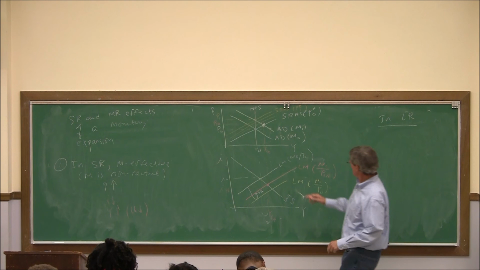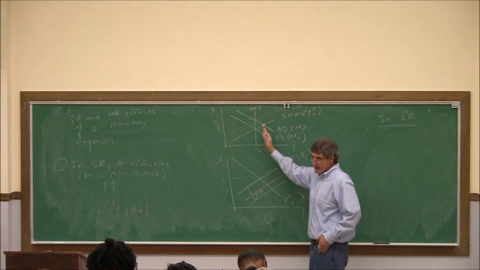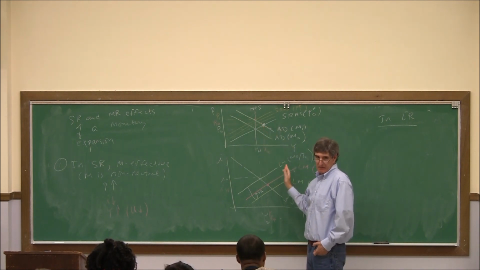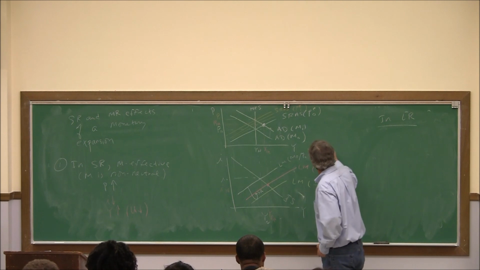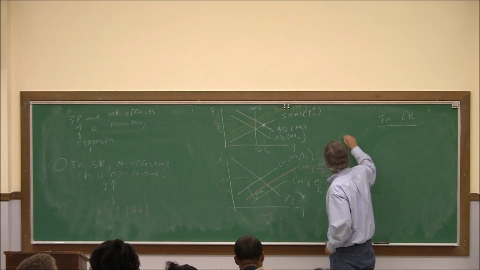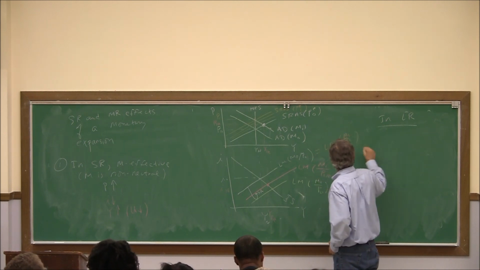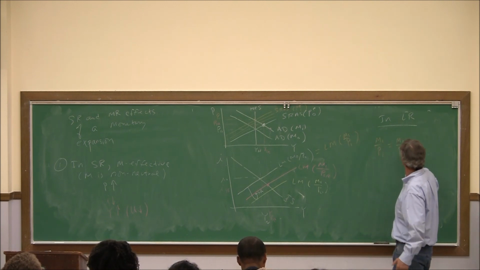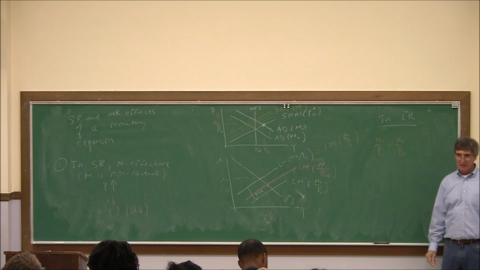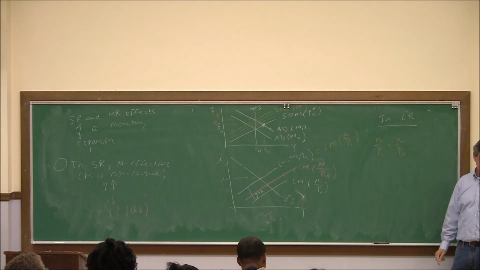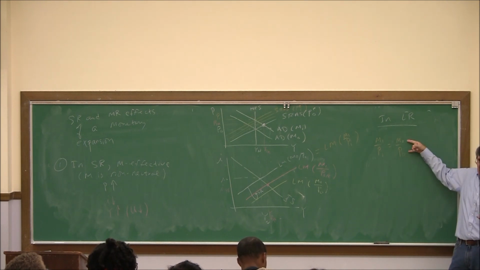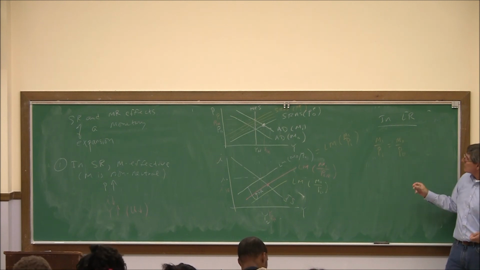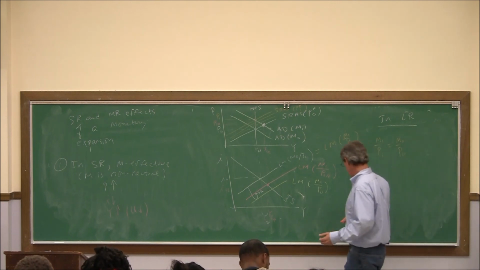Now what's happened to the LM curve? As the price goes up, what's the LM curve do? It shifts back. So our new LM curve, M1 over P1. It must be that M1 over P1 equals M0 over P0. What happens is prices keep going up until real money supply is where it was before. So in the long run,